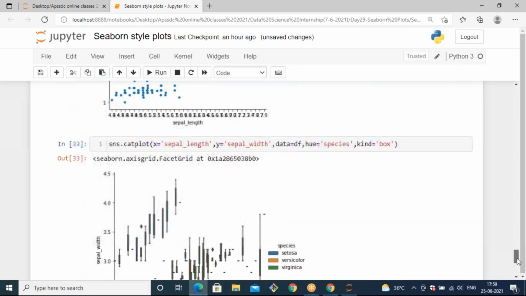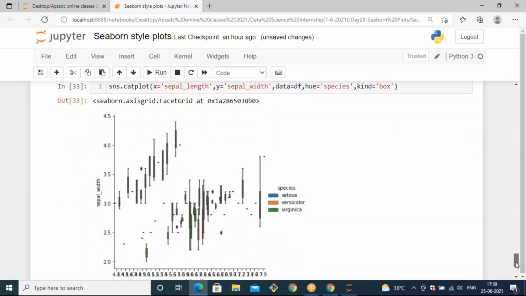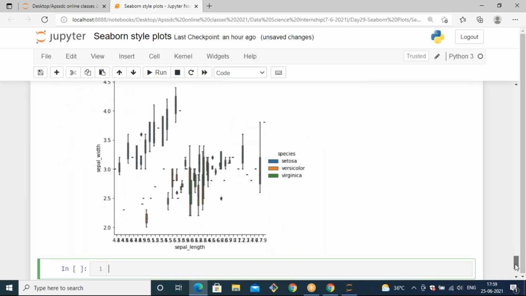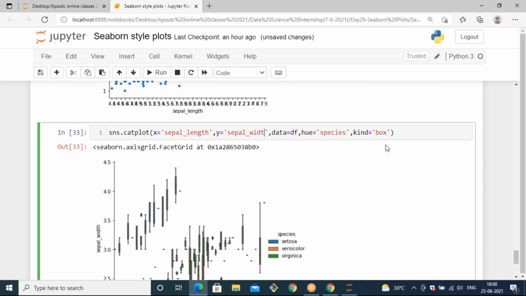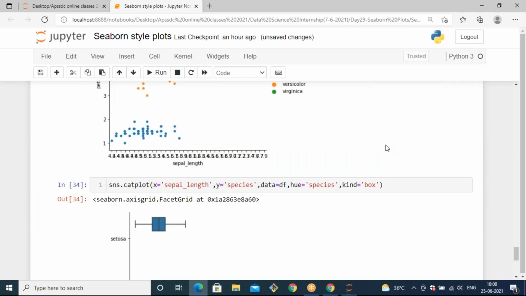If you see, it will generate a box plot, but you cannot observe the result easily because we are taking integers with respect to X and Y. So when it comes to kind box, you need to take one object type of data so that you can easily understand. I'm just changing the Y value to species so that you can easily observe these changes.